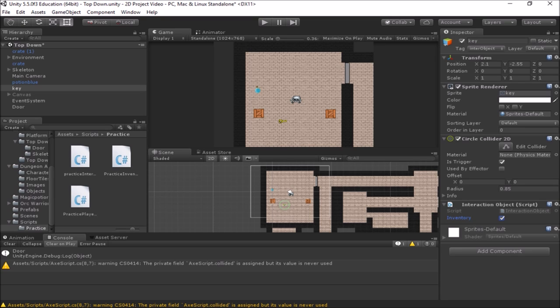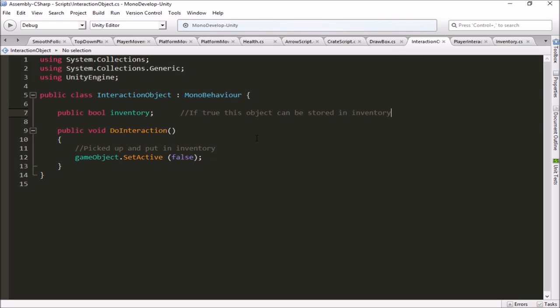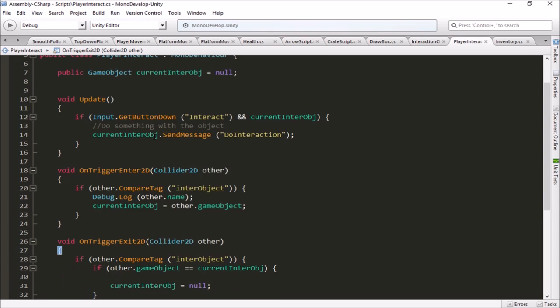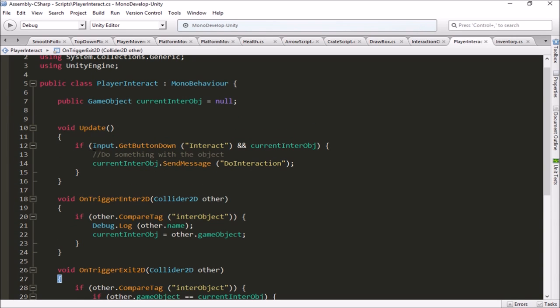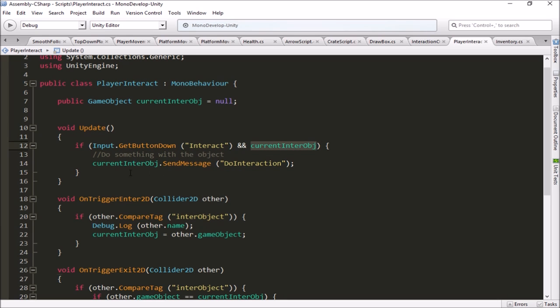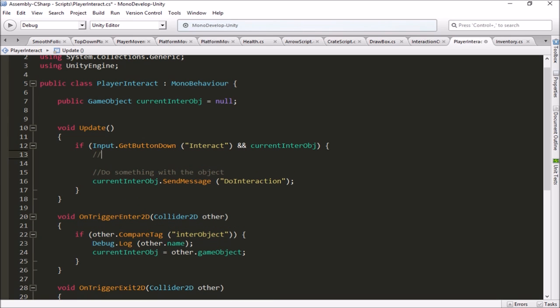So now we need to go back to our player script, and we want to be able to add a little bit into our interaction here. Okay, so right now when we push our interact button, which was the E key, and we currently had an object, we were sending a message to it to do its interaction. Well, before we do that, we want to actually find out, is this an object that I should store in my inventory? So let's do a check to see if this object is to be stored in